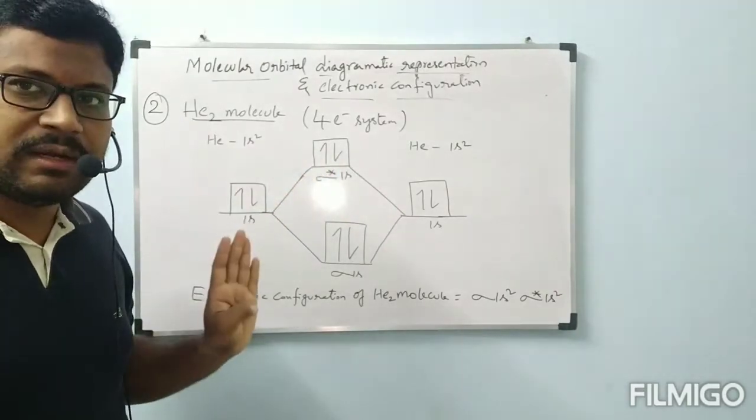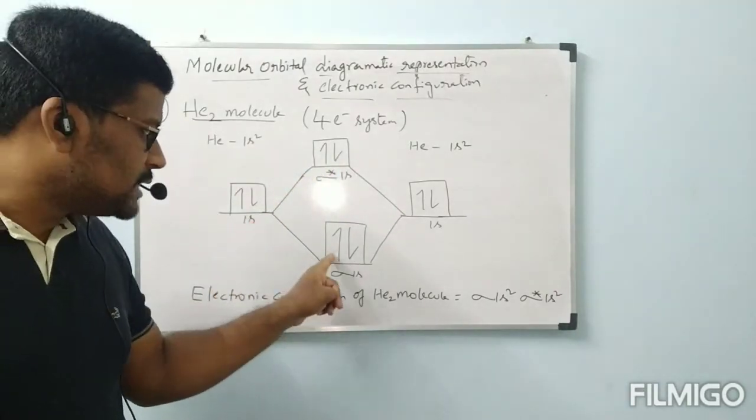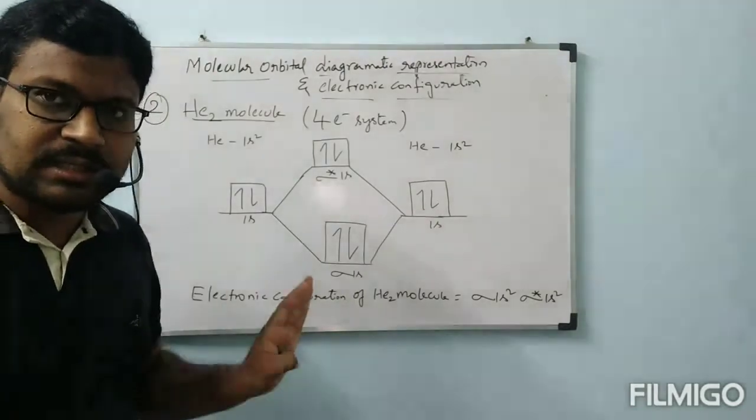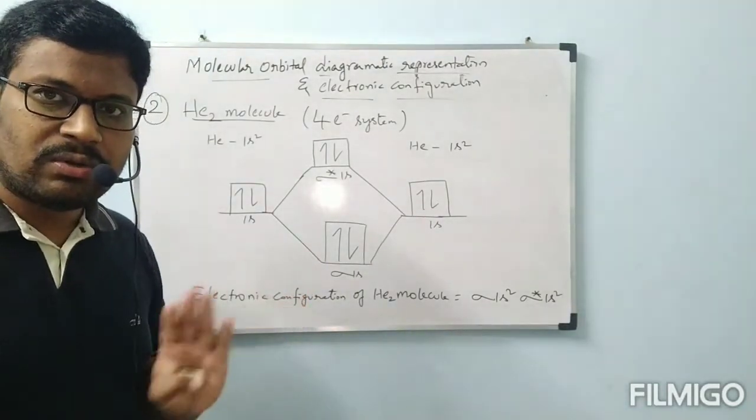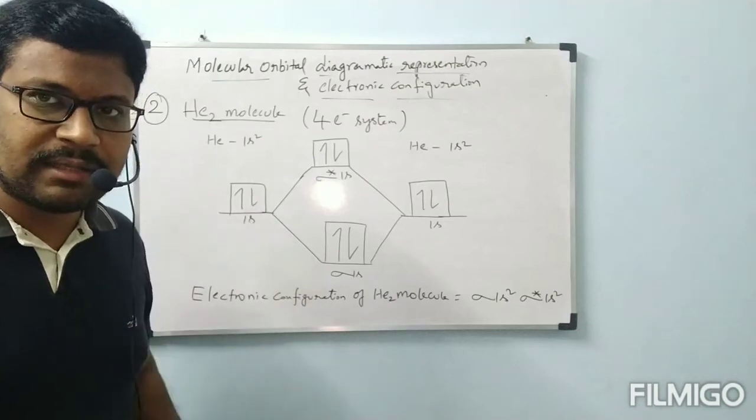Now I am going to rub this out, but before that, see, the 2 electrons in sigma 1s are completely filled, no unpaired electron. Here also 2 electrons, no single electron is present. Correct or not? No single electron is present. Keep that in mind, for remembrance.